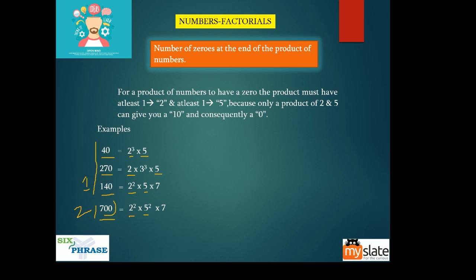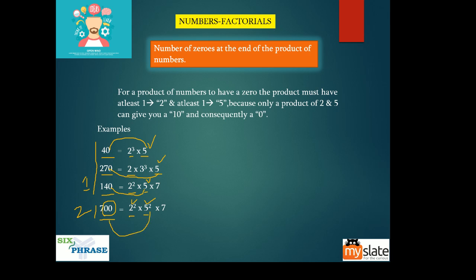Watch this closely. How many zeros are there here? Here there are 2 zeros, so there must be 2 2's and 2 5's. Can you see 2 2's and 2 5's here? Yes. Here there is only 1 5, so 1 zero. So 5's and zeros correspond, guys. Whatever your number of 5's is will usually be the number of zeros. In most cases, here 2 5's, so 2 zeros.